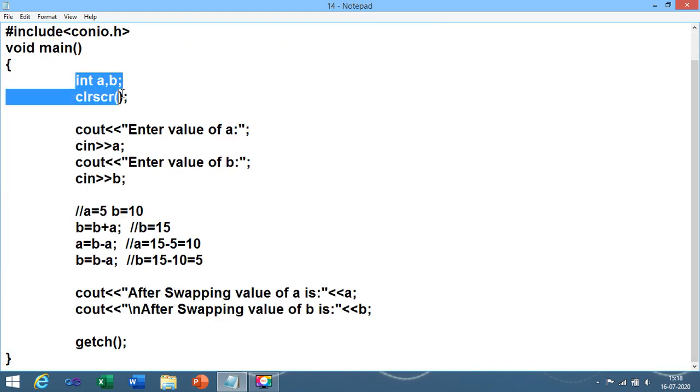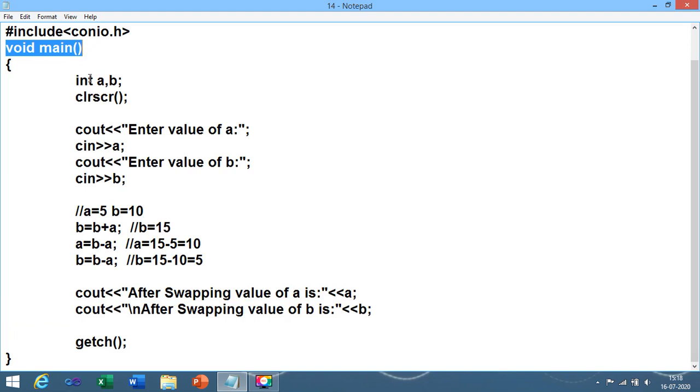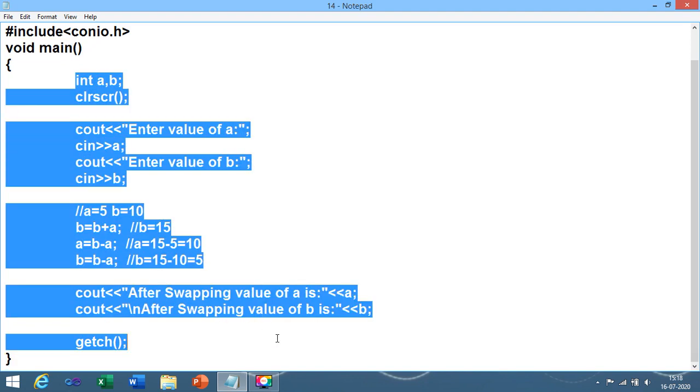You just need to copy the code which is in between void main. That code you need to copy, as there may be small changes in the syntax of the online compiler. If you understand, then you can compile your program. You can use online editors, or you can download Turbo C on your laptop if you have a laptop or desktop system at home.